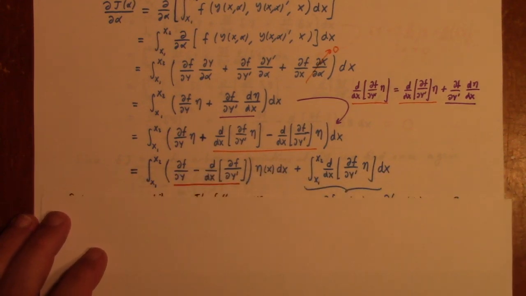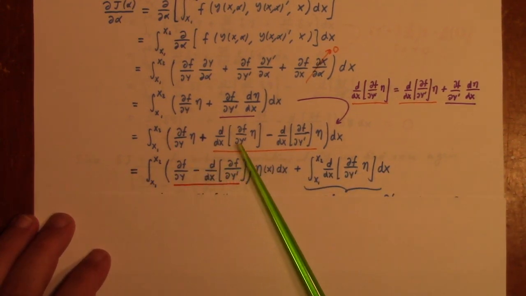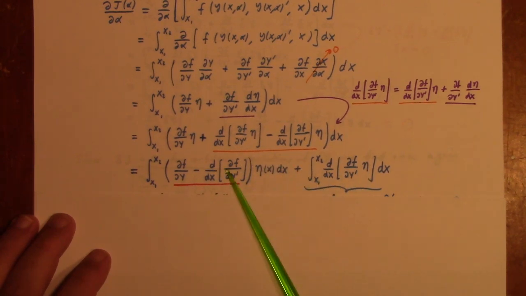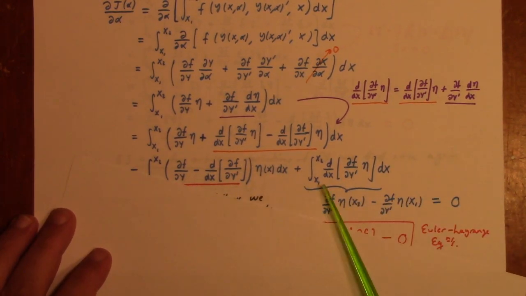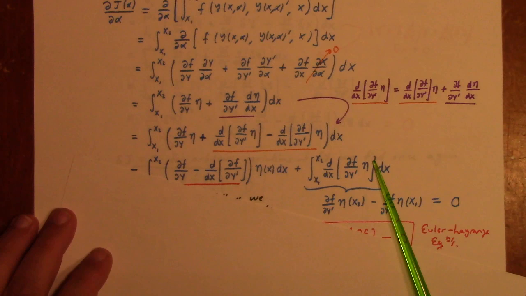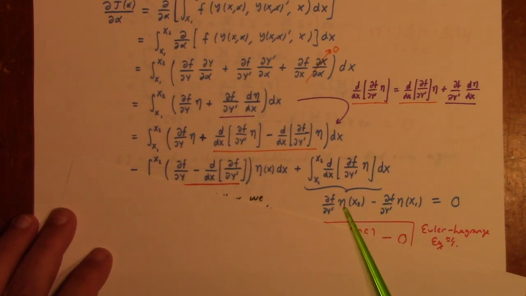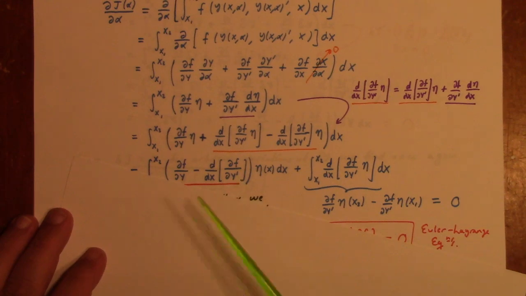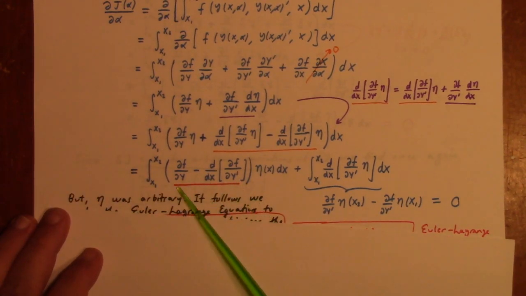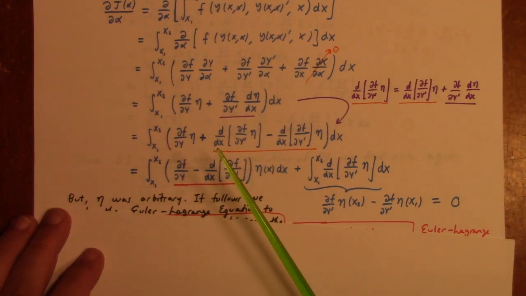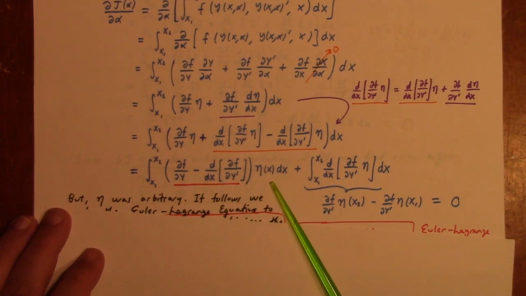And okay, then what? Well, notice that that gives us two pieces: the integral of the total derivative, and then this piece over here. But the integral of the total derivative, by the fundamental theorem of calculus, gives us back the antiderivative, of course, and when you plug in x1 and x2, you get eta of x1 and eta of x2 on each term, and those are separately vanishing by assumption, and so that's 0. And on the other hand, you get this term here. But we're assuming that alpha equal to 0 corresponds to an optimal path, and since this has to be equal to 0,